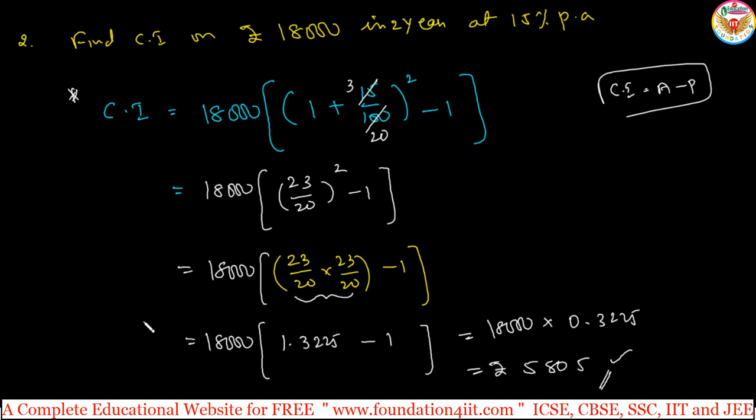Right, now let us see finding the compound interest when the rate of interest is different from one year to another year. This was 2 years at the same rate of interest. Now year by year the rate of interest is different. Let us see those types of questions with the formula also.